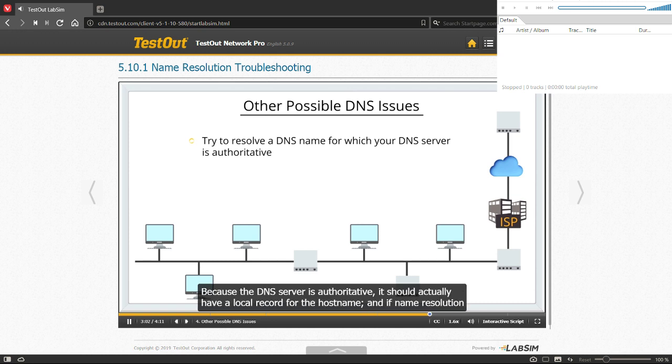authoritative for. Because the DNS server is authoritative, it should actually have a local record for the hostname. And if name resolution fails, at that point we know that the DNS server itself is having some problems that we're going to have to troubleshoot. If it's successful, however, and it is able to resolve a hostname that it's authoritative for, the next step is